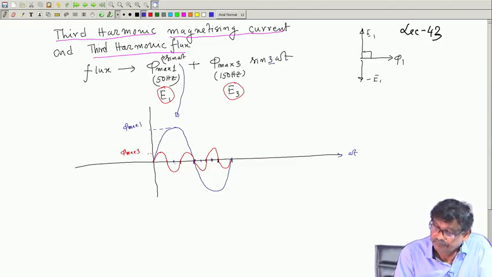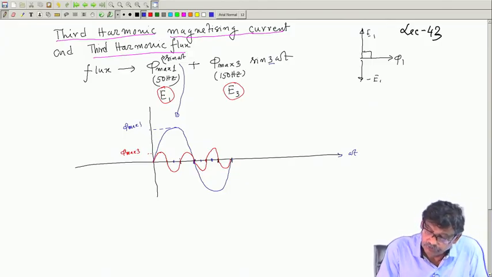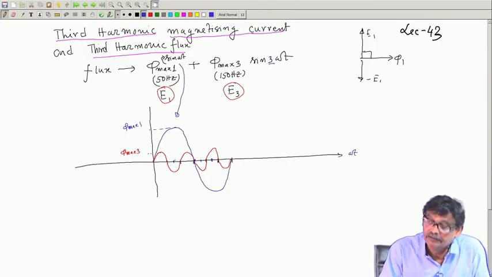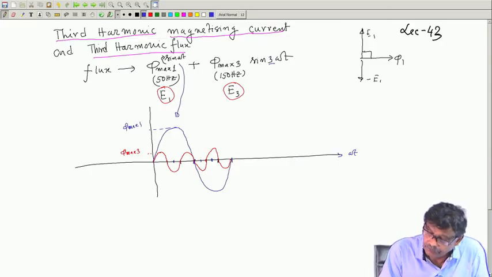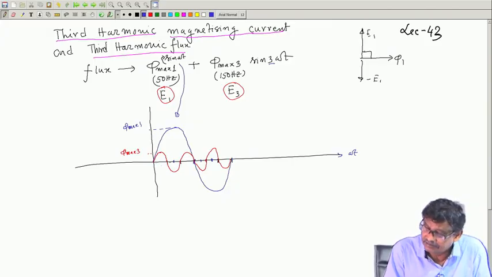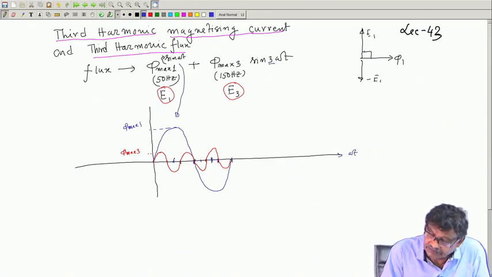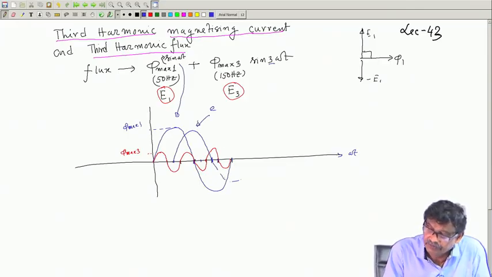Here it will be, this is becoming 180 degree, sure. So, the induced voltage corresponding to fundamental, I am also drawing blue. So, it will end over here, but I have shifted by 90 degree. So, it will be here, here. So, this and this. So, induced voltage is suppose like this because of fundamental, and it continues. So, this is the fundamental induced voltage E 1,